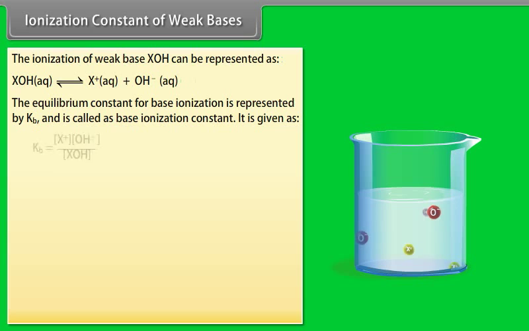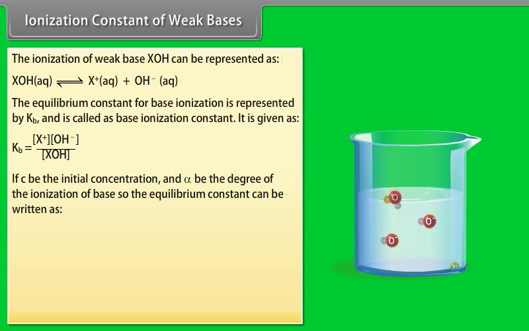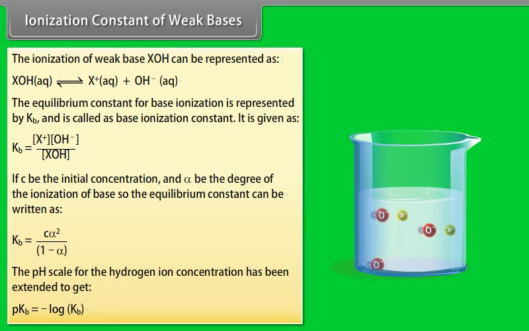If C is the initial concentration and alpha is the degree of ionization of the base, the equilibrium constant can be written as Kb is equal to C alpha squared by (1 minus alpha). The pH scale for the hydrogen ion concentration has been extended to get